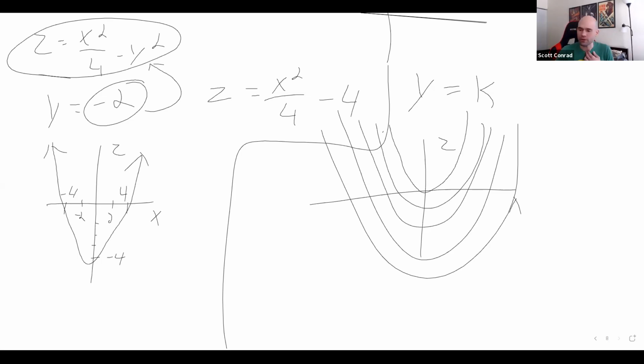But yeah, you're just going to get a bunch of these parabolas when you change the value of k. Those are going to be the traces. So you can think of y equals 0 as the xz plane. Y equals k, so y equals 2, y equals -2. You're just moving that along and then seeing how that intersects your surface. These parabolas are going to be the cross sections in that direction. And then